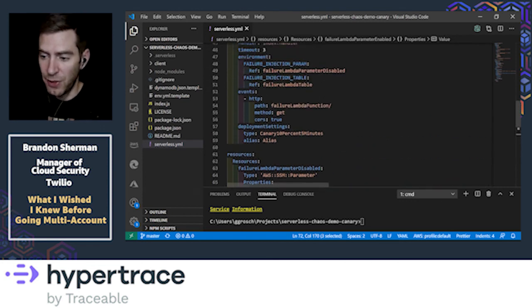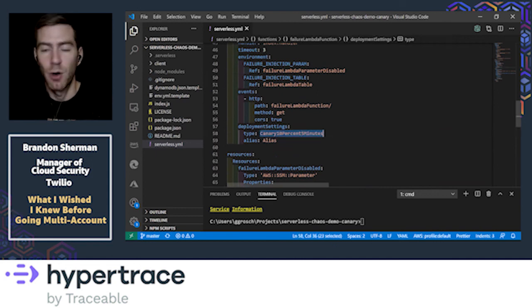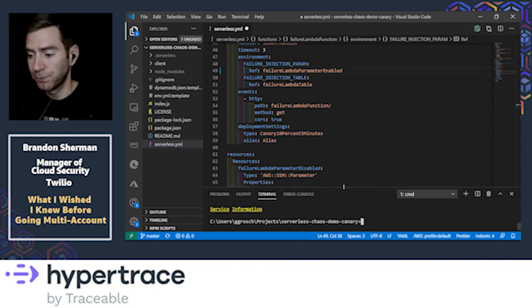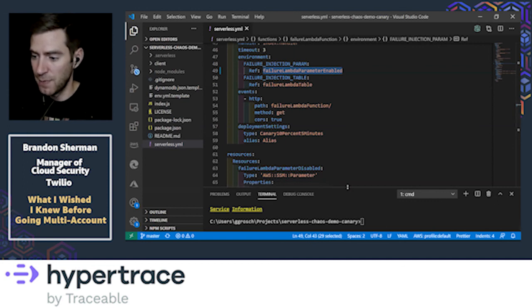So then with the help of a deployment setting, in this case, canary 10% over 5 minutes, meaning that it will deploy the new version to 10% of invocations, and after 5 minutes, it will then deploy to the rest. I could then connect this to my CloudWatch alarms and watch this deployment. If it fails or it starts alerting, we could then roll back that deployment. So changing it to the enabled one, saving,